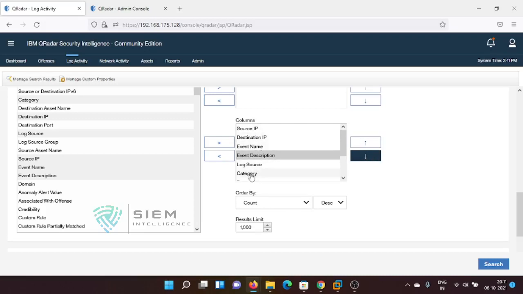See, I don't want category, you remove. I don't want protocol, you remove. I don't want magnitude, remove. Event count, you don't want, remove. Count by default will be there, and these are the base. So if you want to add something else,